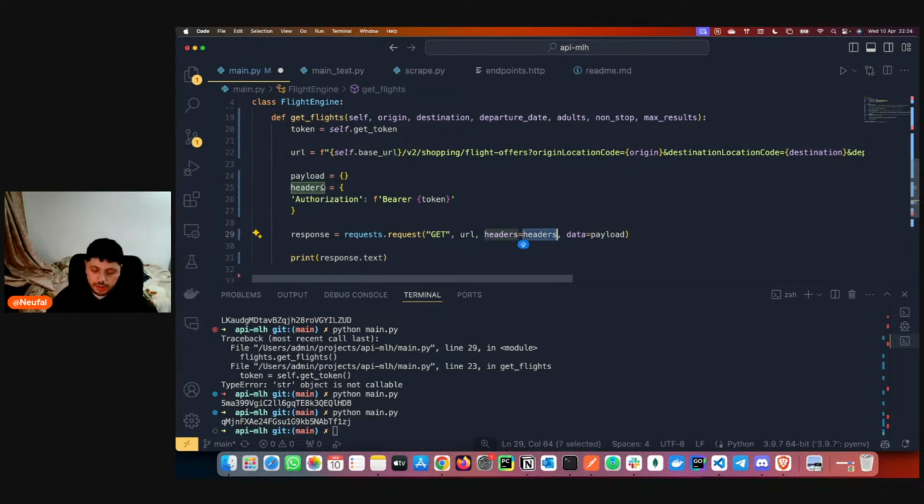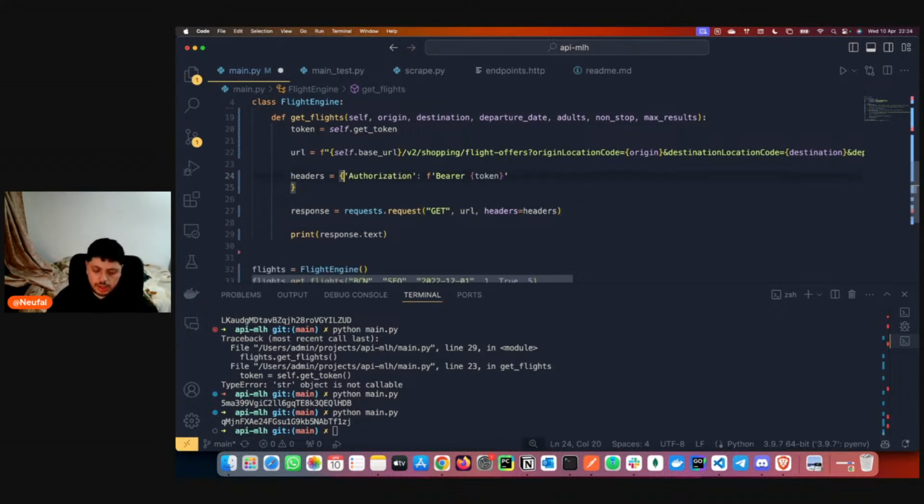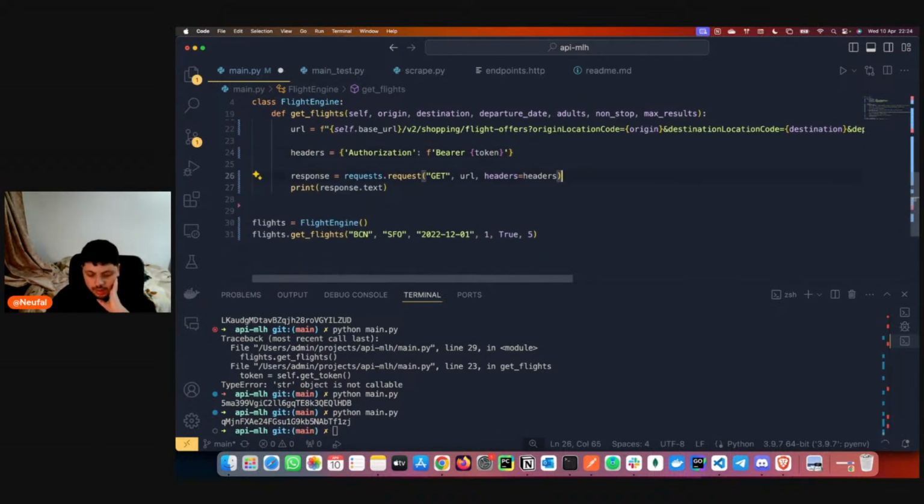The headers will be this one. The payload, in this case, we can probably just take it out. Probably will work. And let's make this bigger so you can see more text. Let's try it.